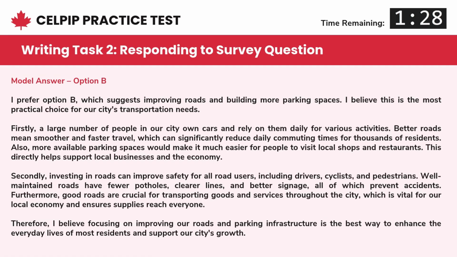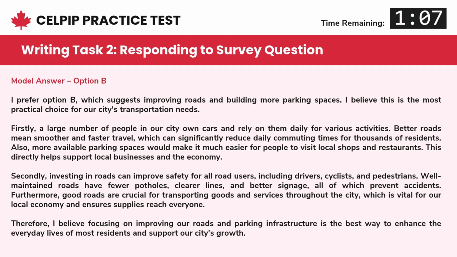Now let's look at another strong CELPIP Writing Task 2 response. If you need more time to read this answer, please pause the video now. This answer clearly states its choice for option B and provides good reasons to support it. For example, it explains that better roads mean smoother and faster travel, and investing in roads can improve safety for